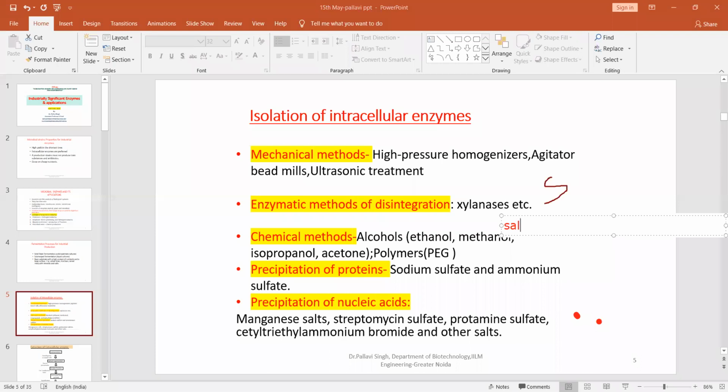So we use the salting out technique in industry for precipitating proteins. Enzymes are proteins. We use a high concentration of salt here. Now you should ask me, ma'am, how does a high concentration of salt like NaCl help in salting out? See, what happens, students, is that our proteins are made up of amino acids, and amino acids have all the nature. Either they can be acidic, they can be basic, or they can be neutral.